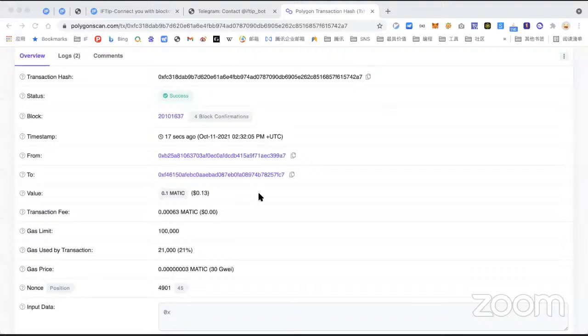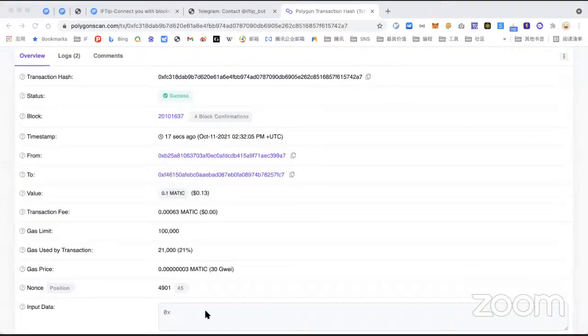Although this bot is simple, in the future it can, for example, swap token A to token B, or save your assets in Aave or Compound.